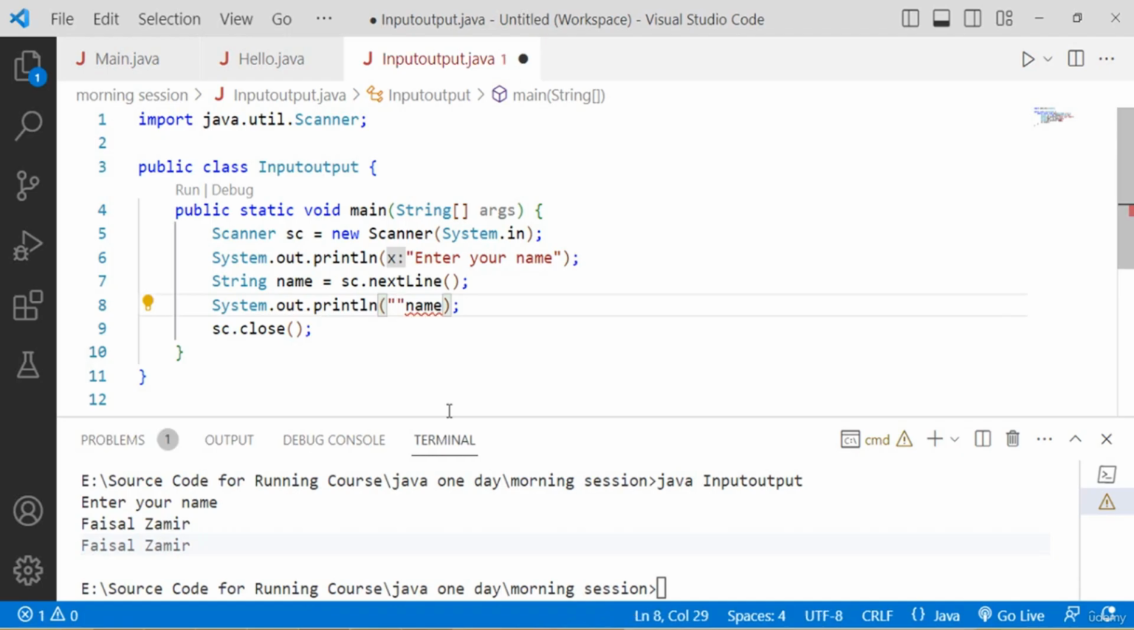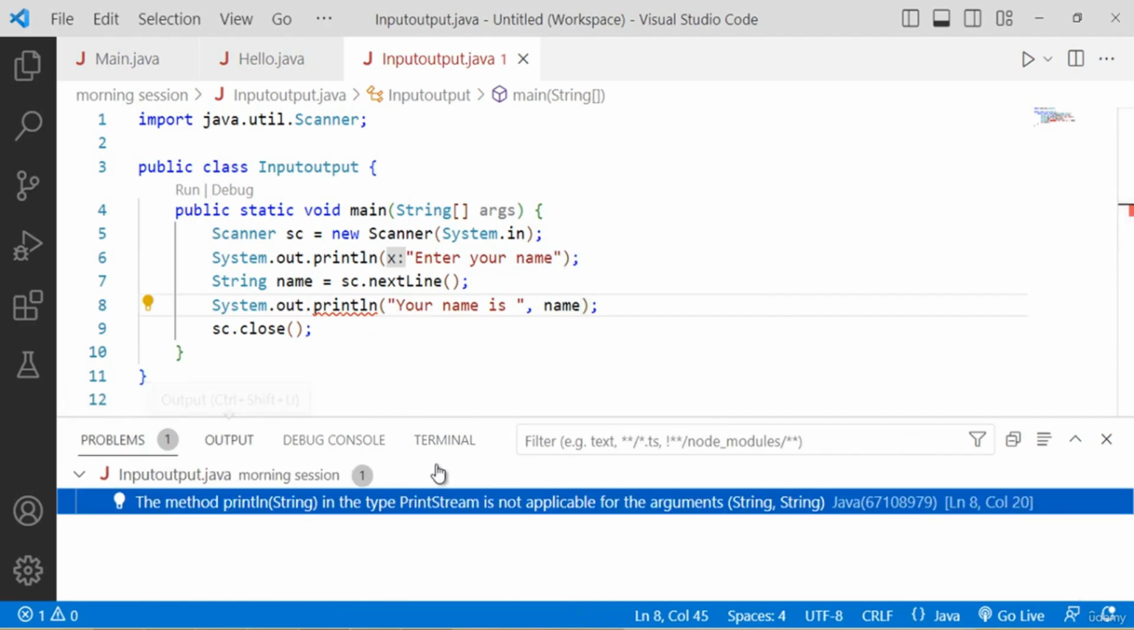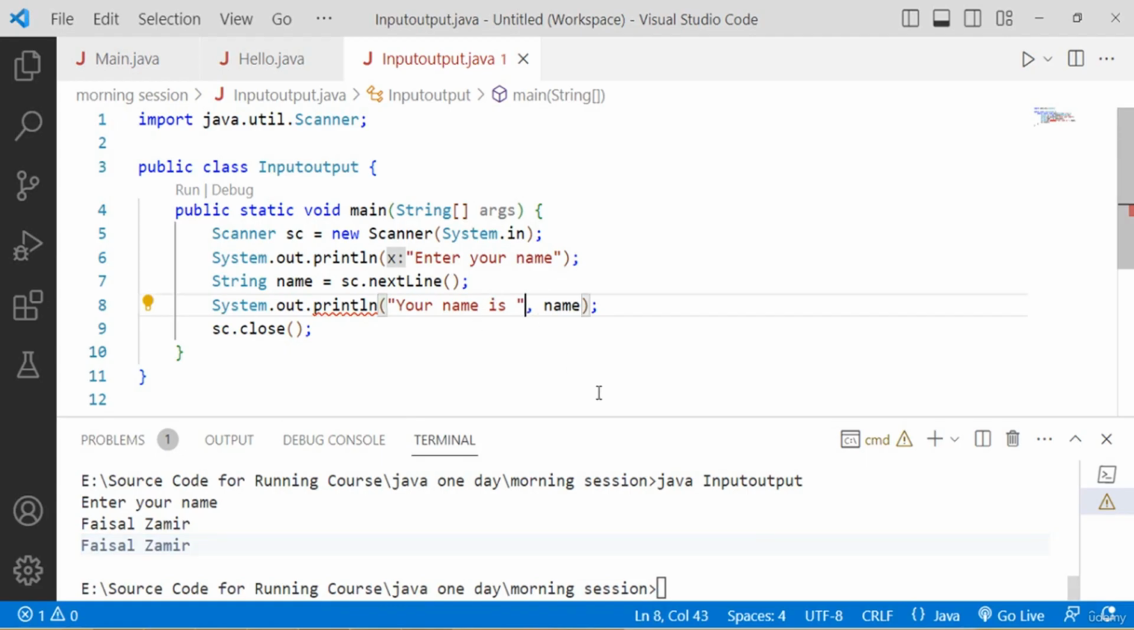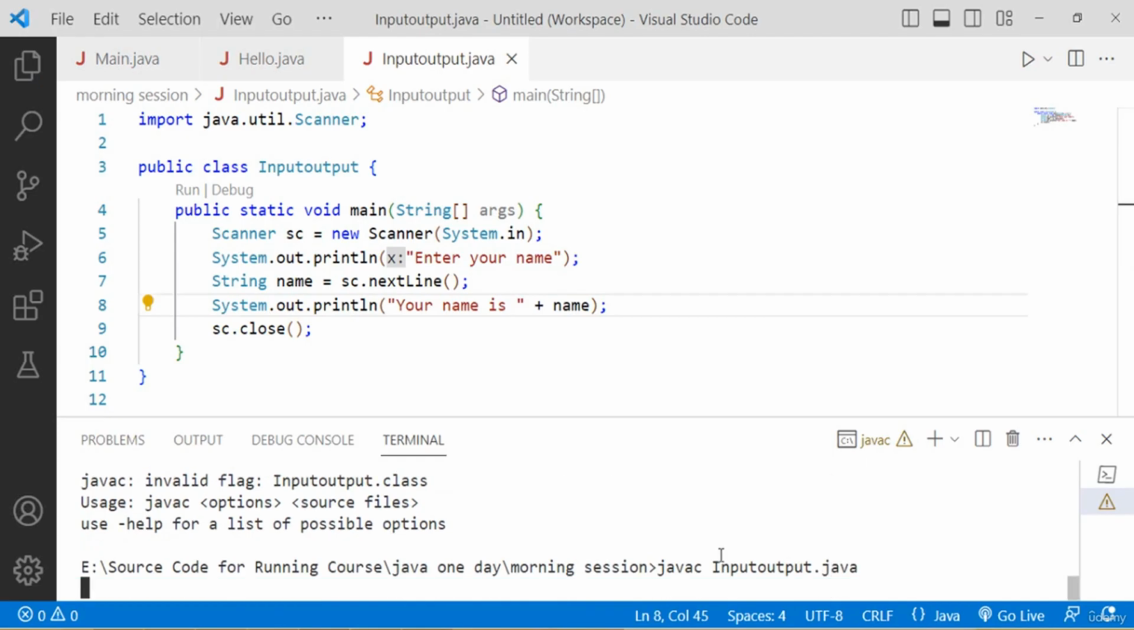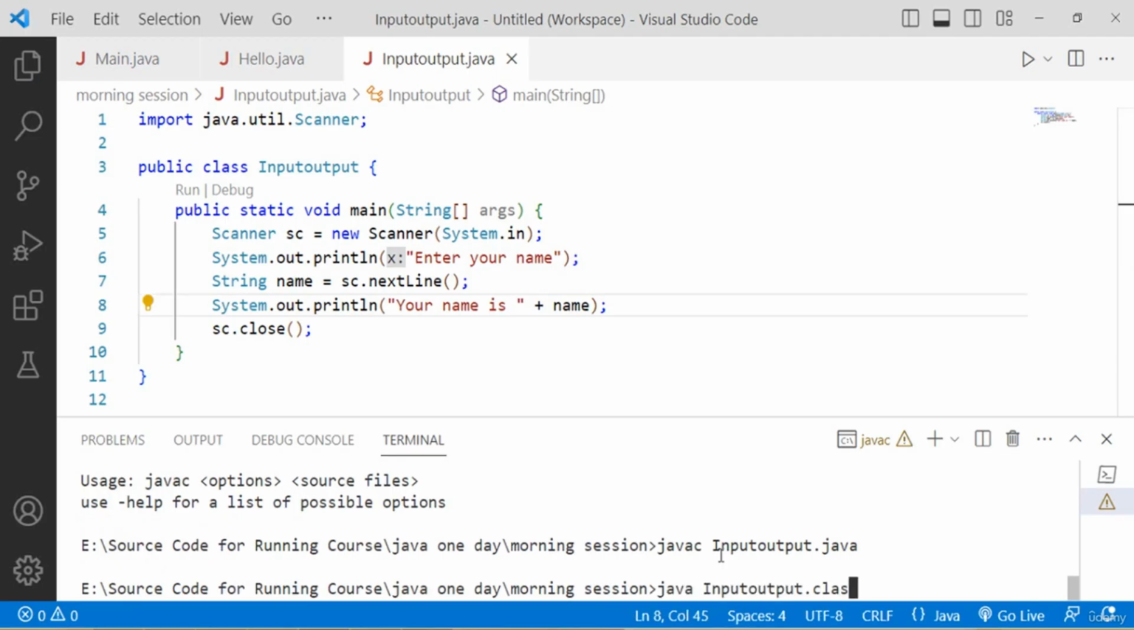I want to clear just this point. Your name is, just comma. What is the error? You have to use the addition symbol here. Now javac Input, sorry, javac, I have to convert this into bytecode, and then java InputOutput file